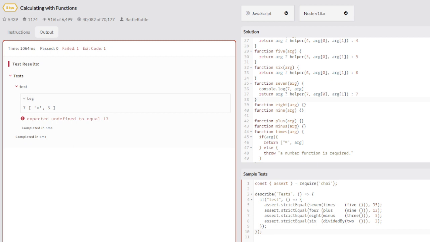So this is calculating with functions. The main goal is, without the actual number, we instead use a number function, and the number function has one argument, and that argument is a function, and this function has one argument only. So the outcomes would be